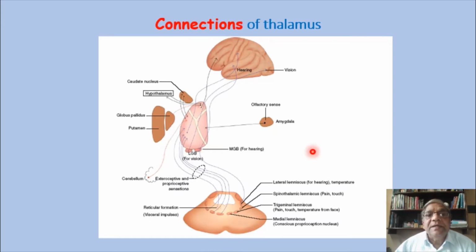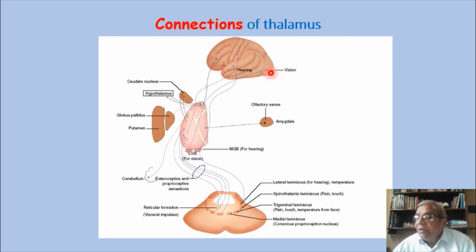Now in this diagram you can see the visual. Let us see the visual sensation, which comes to the lateral geniculate body by the optic tract, from the retina through the optic chiasma to the optic tract. It will relay in this place where I am moving my cursor. LGB means lateral geniculate body. Here it will relay in the thalamus, because the LGB is part of the thalamus, and then the efferent fibers go and relay into the visual cortex, area 17